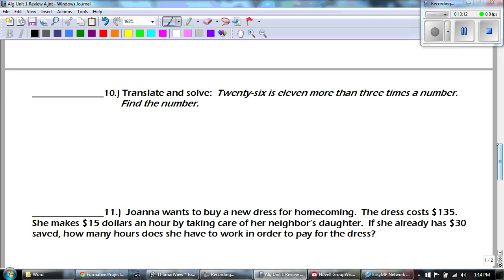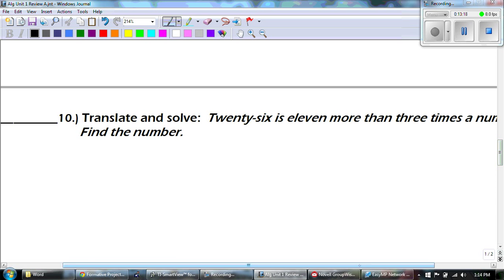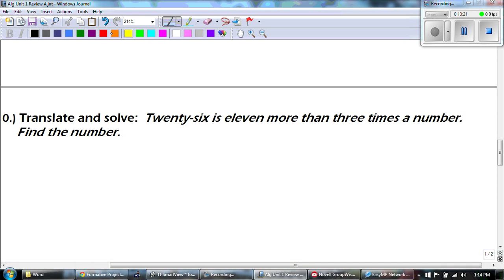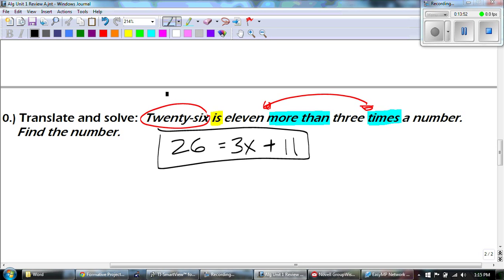Okay, we're almost there. Number 10. We have to translate it, and then we have to solve it. So 26 is 11 more than, oh, more than is telling me that I'm going to have to switch something. 3 times the number. So 26 is more than, I know 11 has to come back here, and 3 times a number is 3x. So here it is